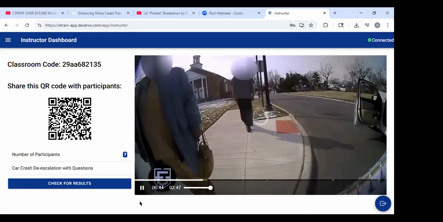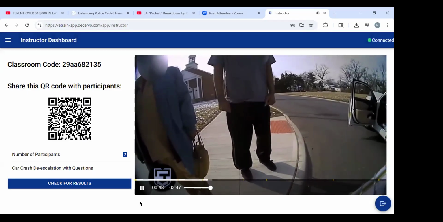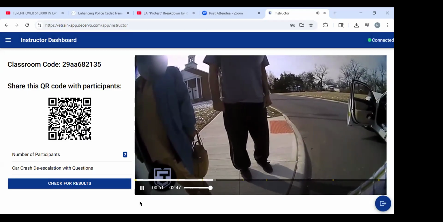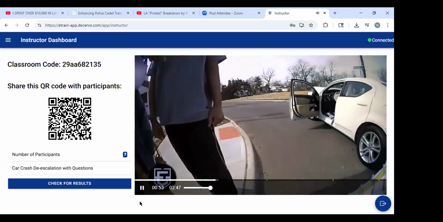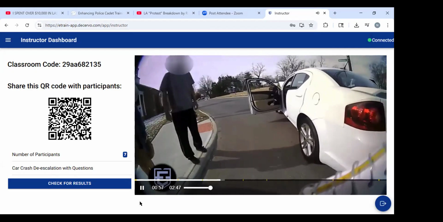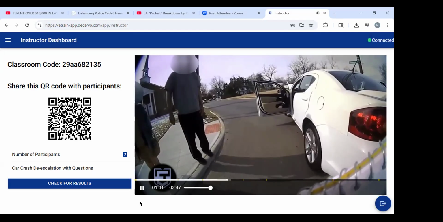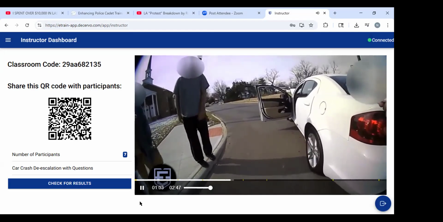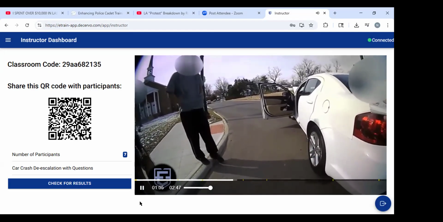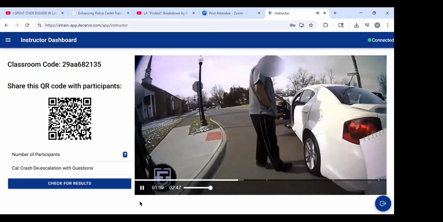You get fucked up. You're an accident. My fucking car, man. Calm down. Step back. No, I'm not stepping back. This is my fucking car. It's an accident. No, it's my fucking car. You act like you don't care. I'm trying to gather information so I can take the report for you, sir. You need to calm down a little bit.